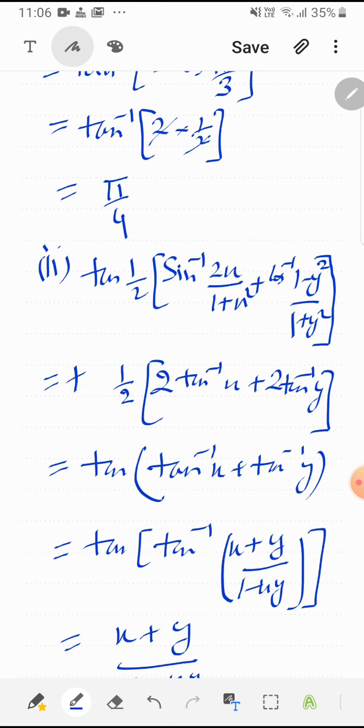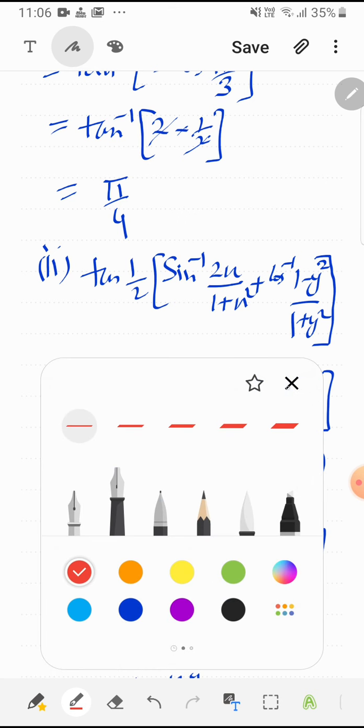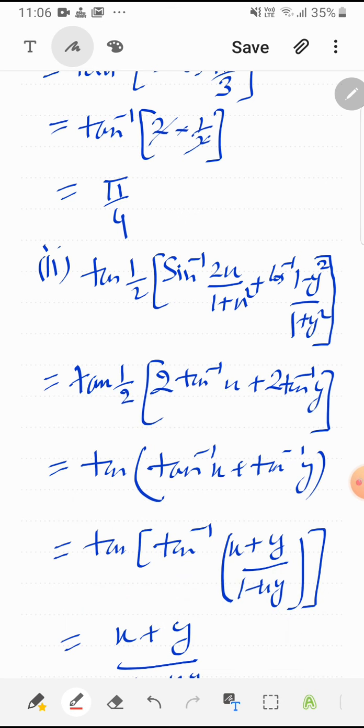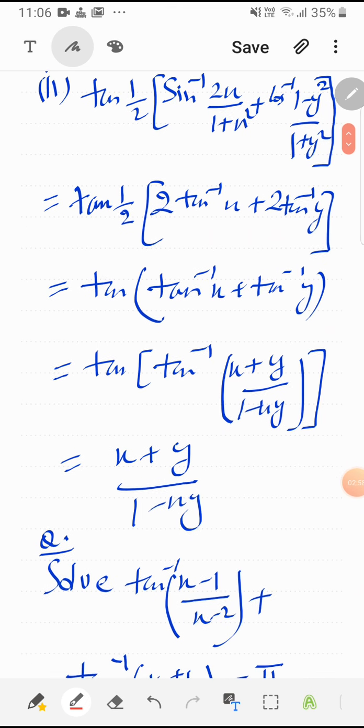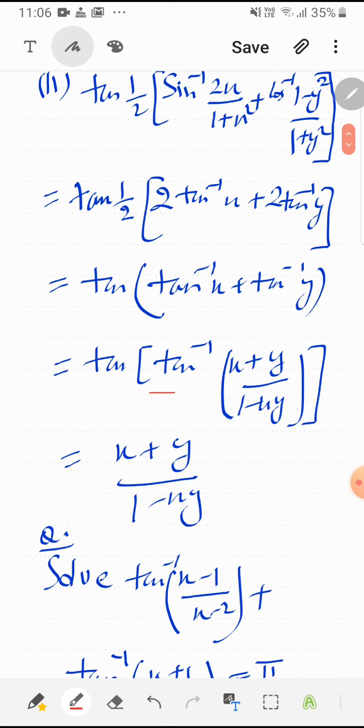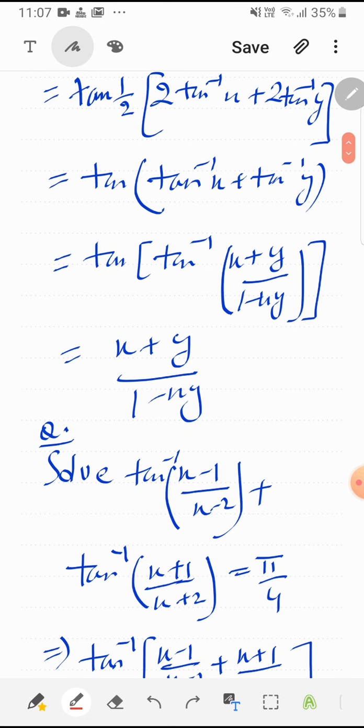So now this is tan inverse x plus tan inverse y. Now we will apply the formula. The formula for tan inverse x plus tan inverse y is tan inverse of x plus y upon 1 minus xy, and outside is tan, inside is tan inverse, so we are left with x plus y upon 1 minus xy only. Next is: solve tan inverse x minus 1 upon x minus 2 plus tan inverse x plus 1